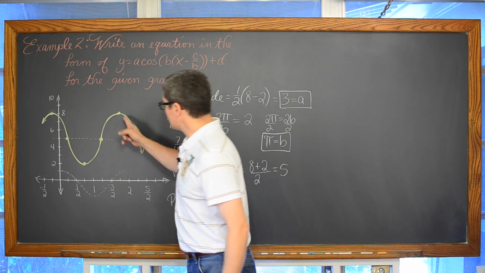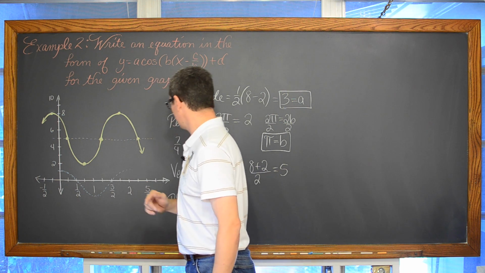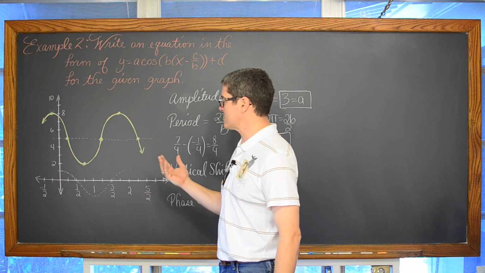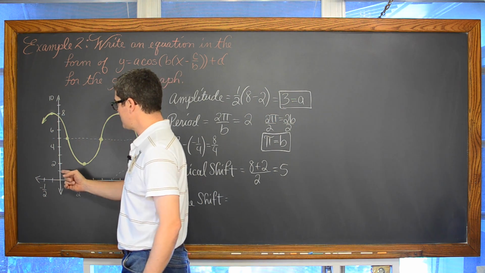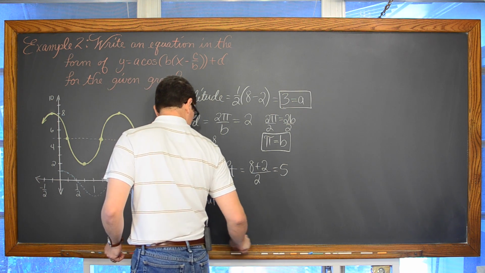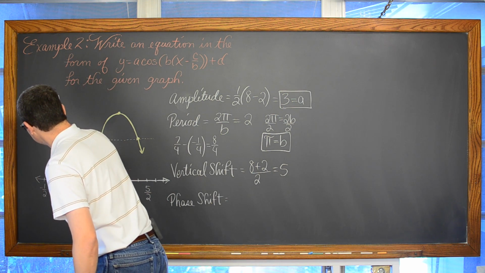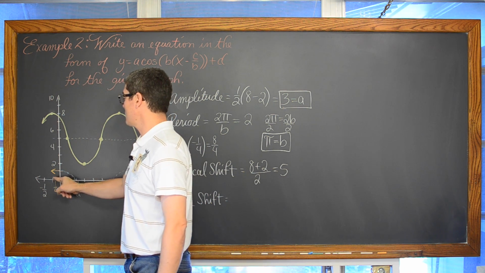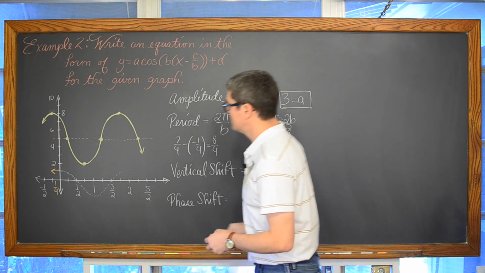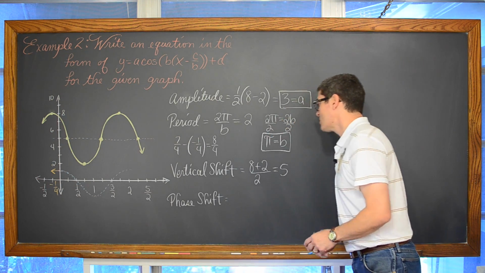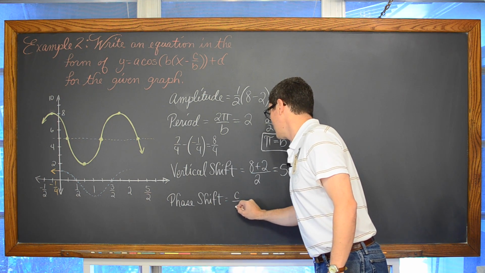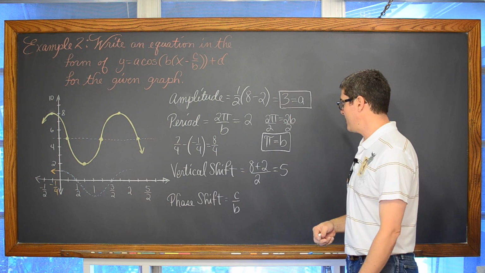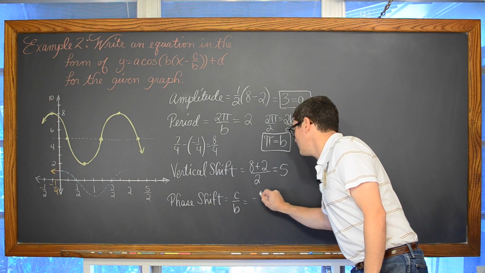Well, there's also a maximum value over here at, what was that? 7 pi over 4. So we could do a shift to the right as well, but keeping the phase shift, like I said, as small as possible, whether it's positive or negative. If we take this cosine graph and shift it to the left 1/4 of a unit, then our maximum, instead of being at 0, will be at negative 1/4. So, get that negative in there. So our phase shift, or C over B, or whatever your textbook is using to identify the variable of phase shift, is going to be equal to negative 1/4.